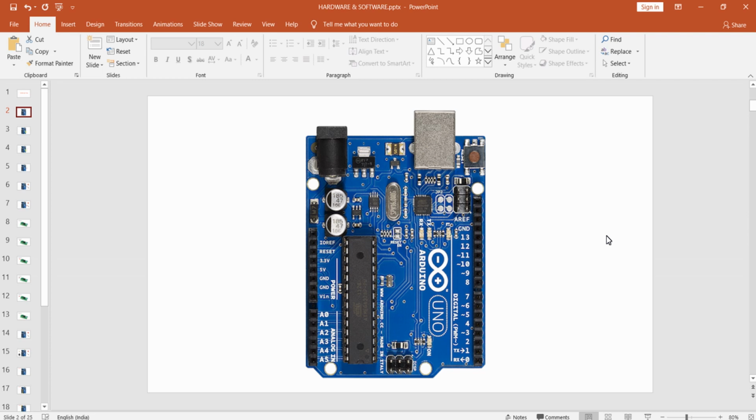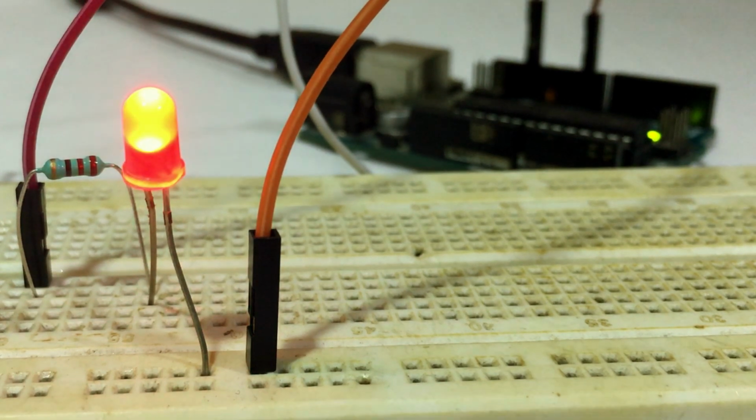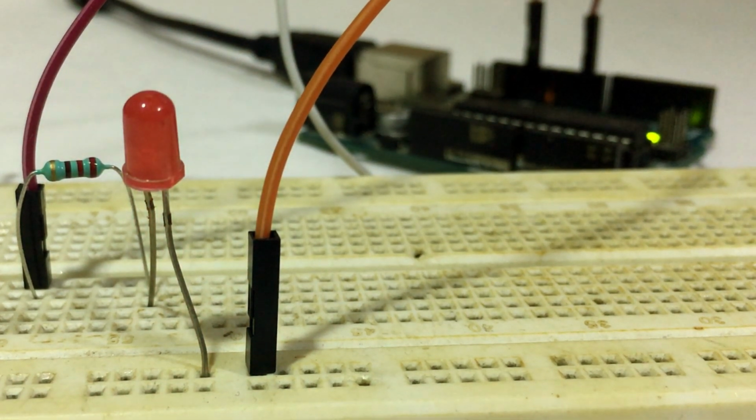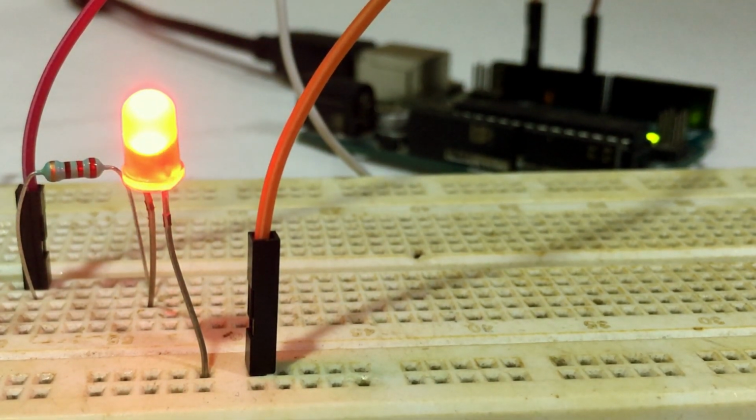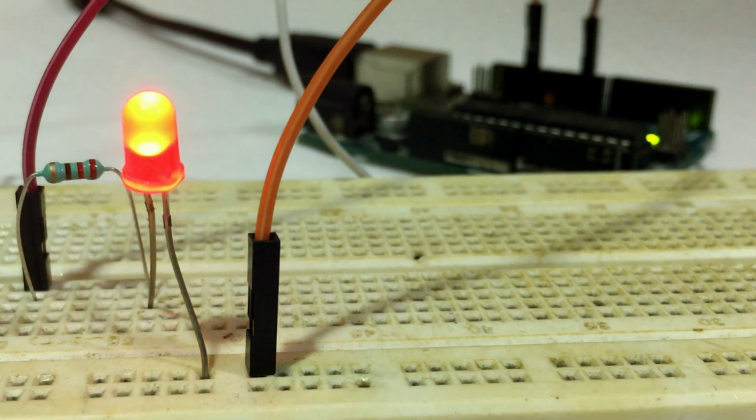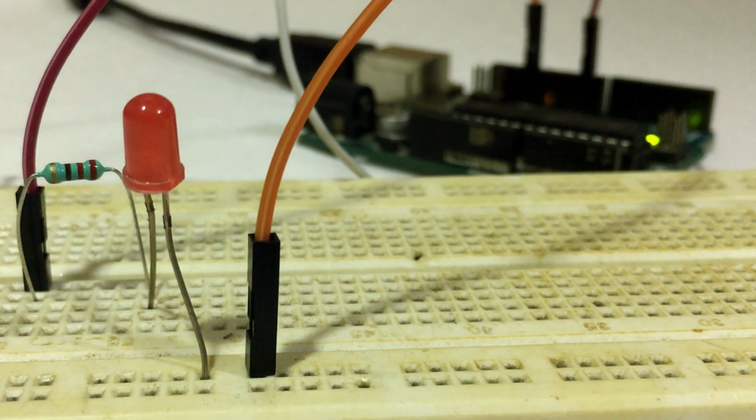Hello everyone. In the previous lecture, we discussed what PWM signals are and how they are employed in controlling the power delivered to any circuit. After that, we discussed some of the parameters of PWM signals such as PWM duty cycle and PWM frequency. In this lecture, we are going to use our Arduino Uno development board for generating PWM signals. Let's get started.